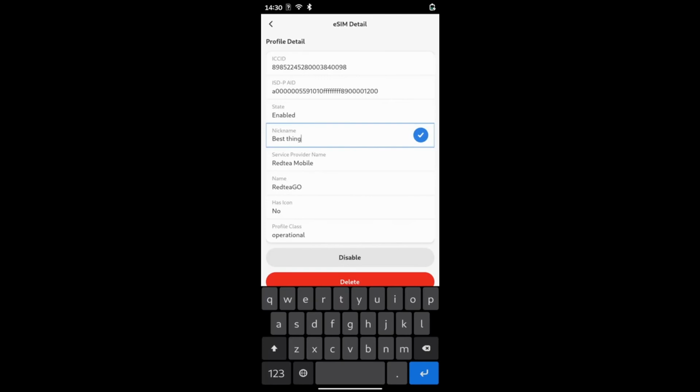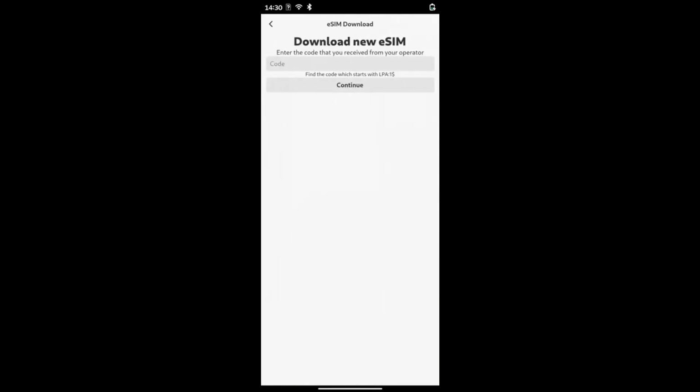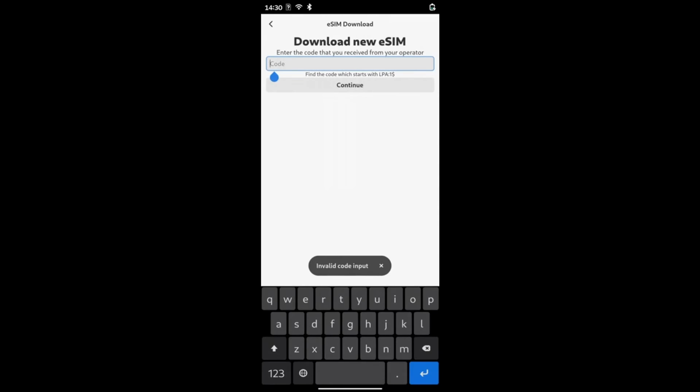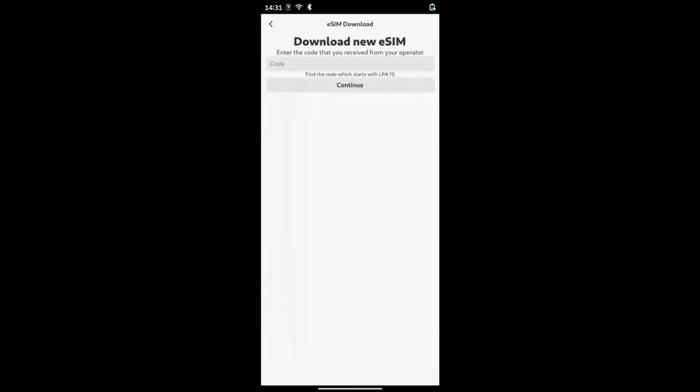So you can see we just enter the profile. You can set a nickname for the profile, which is actually stored on the eSIM. There's some error handling, which I want to demonstrate here. If you put some invalid strings here, I actually get the correct error messages back from LPSC.